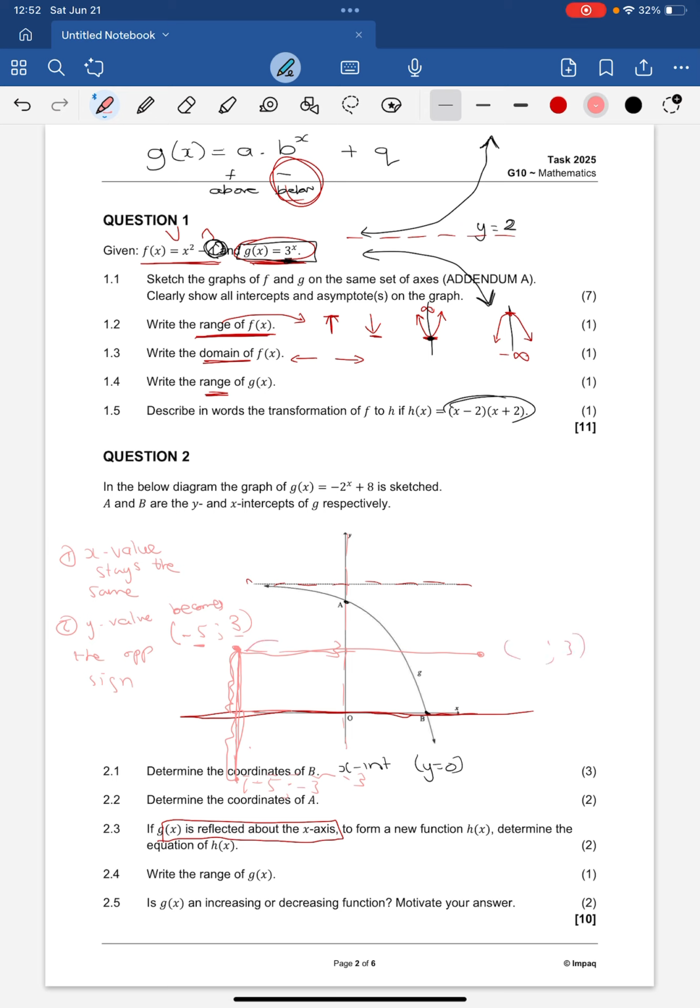So when we are reflecting about the x-axis, the y value changes sign. When we're reflecting about the y-axis, the x value changes sign and the y value stays exactly the same. So now we're reflecting about the x-axis. That means the y value changes sign. So what you need to know is that